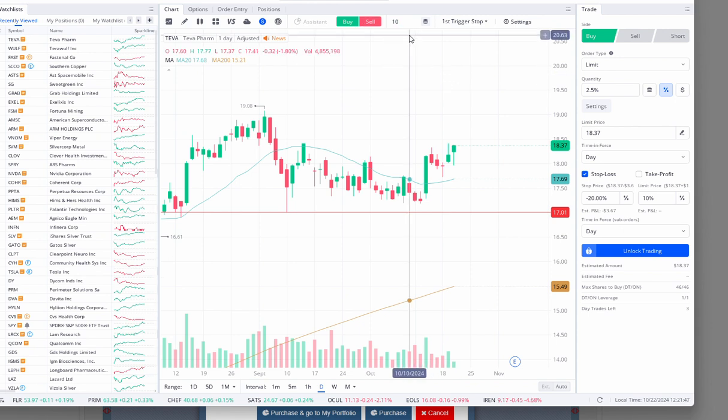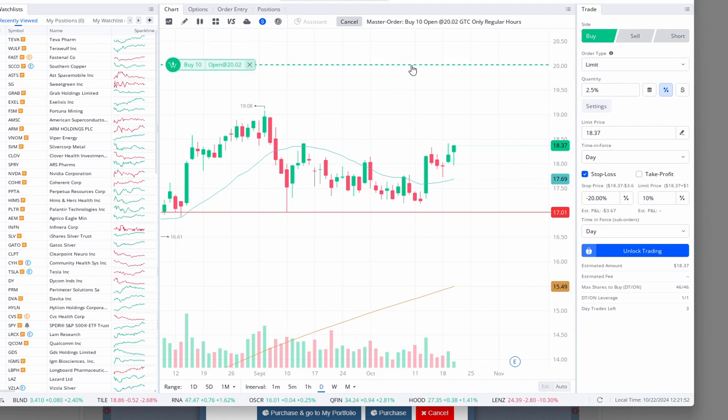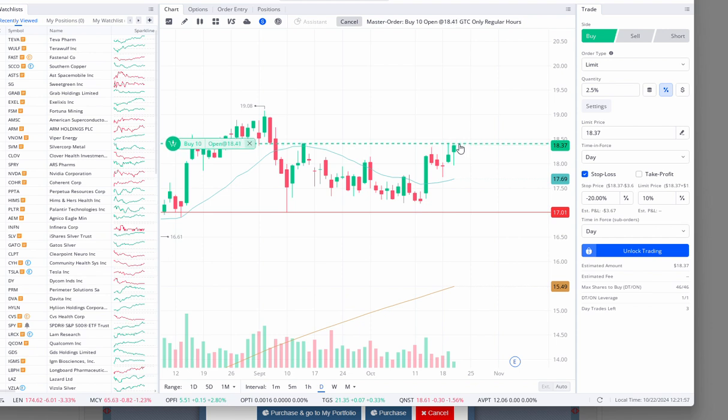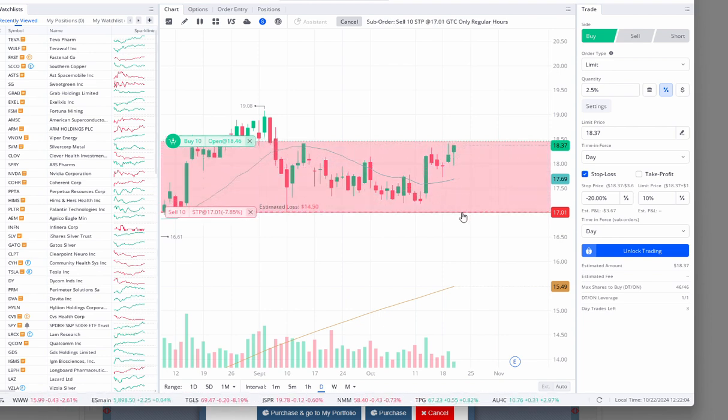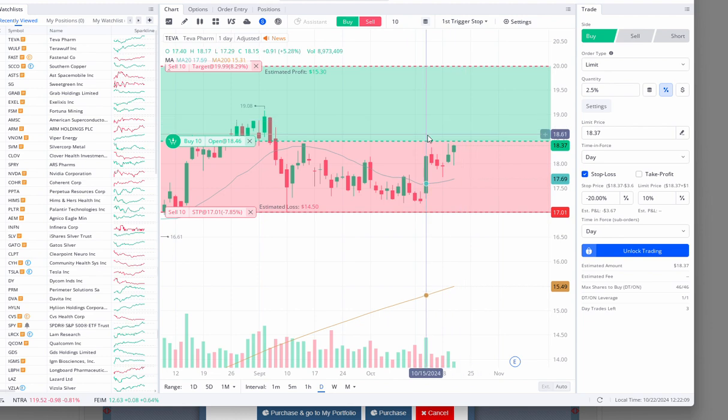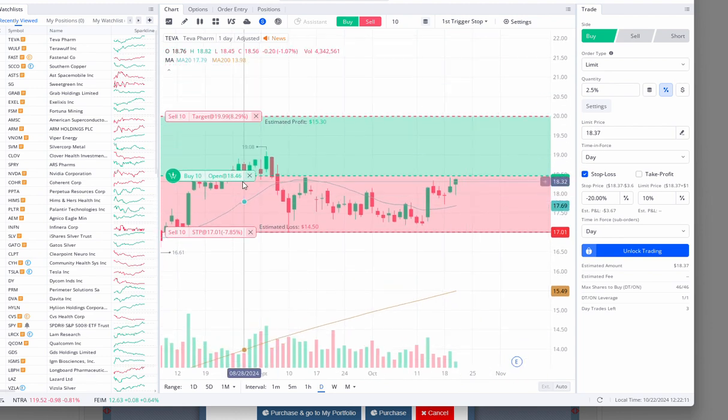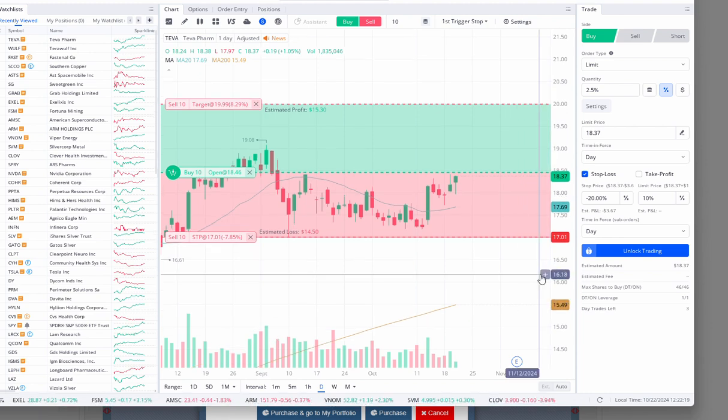Whatever it is in our actual live brokerage account, I'd enter in that number of shares, and then I can click on buy. Now, because we set these up in the morning, we will typically do it pre-market, and set a limit price up above where the current price is, and then set our stop loss down below it. And then now we can even set our target up to this upper range. Then now this trade is ready to go. All I would have to do is click on place my order, and it's automatically going to set up a limit order